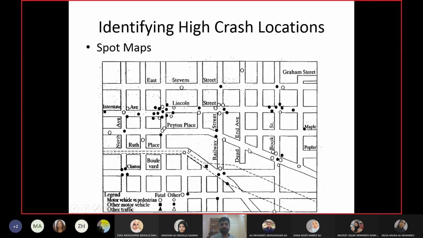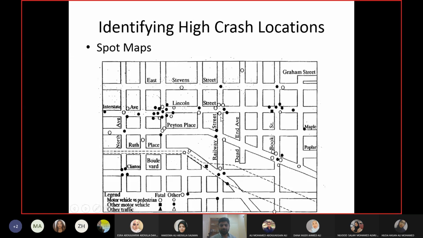But let's say the authorities are saying we need some prioritization here. Give me which one should be the most important site for remediation and improvement. In that case, you can assume that the number of fatalities are not given. So I'm assuming that each fatal accident had one fatality. Then you can calculate the severity index, and whichever site has the higher severity index should be selected. So for example, I have 4 fatal crashes here, and I have 4 here as well. So the number is same.